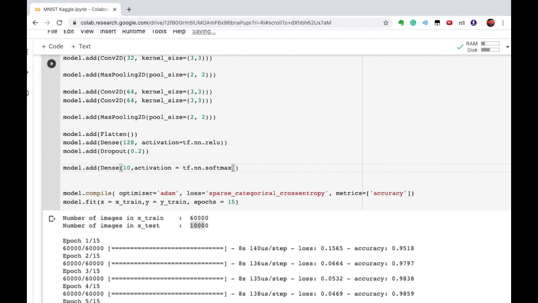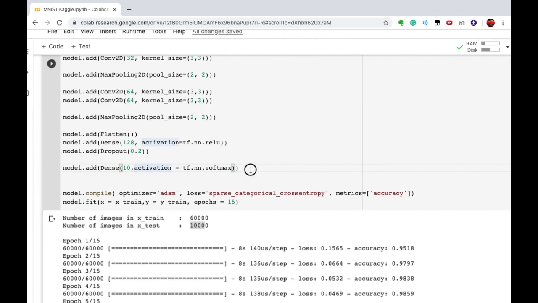The softmax activation function is used to give us a probability distribution over all the possible nodes of the last layer, so that we get how much probability there is that a particular image which you have passed through the neural network is from a particular class. For example, there are 70% chances that this image is of 1. So we will get a probability distribution, and after that we take whichever category has the maximum probability and consider that.